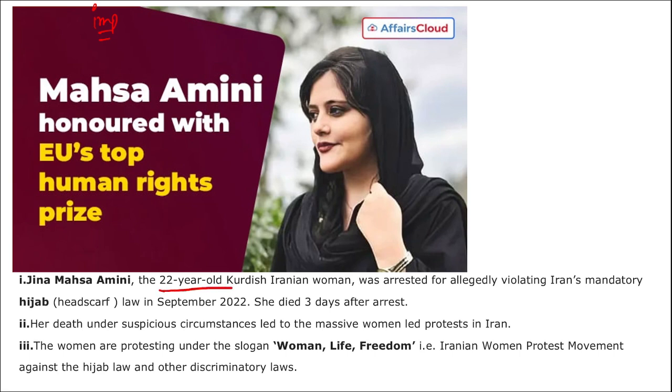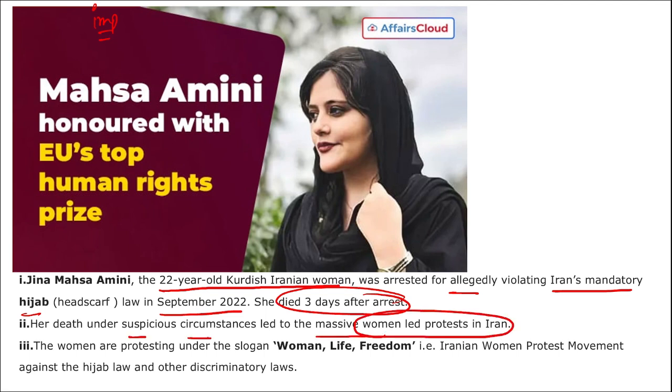She's a 22-year-old Kurdish Iranian woman. She was recently arrested for violating Iran's mandatory hijab law in September 2022. Then, after 3 days, she died. And remember, her death under suspicious circumstances led to a massive women-led protest in Iran, and the women are protesting under the slogan Women Life Freedom, that is the Iranian women's protest movement against the hijab law and other discriminatory